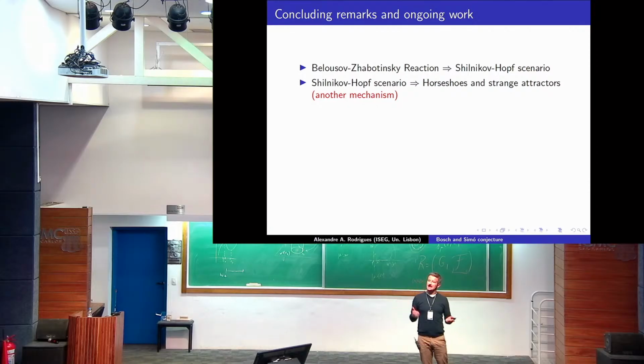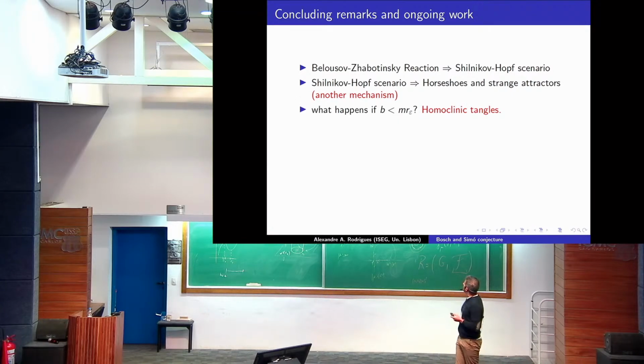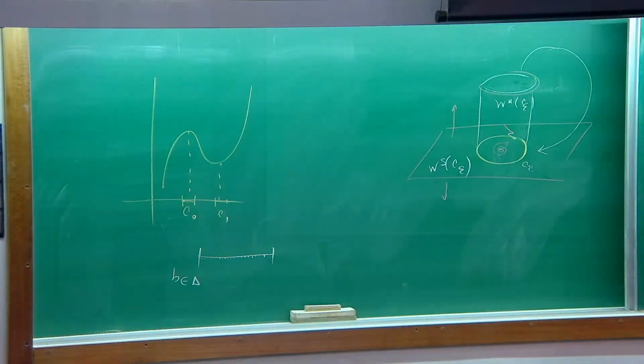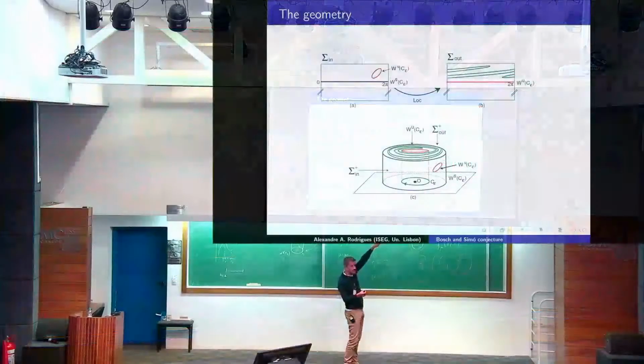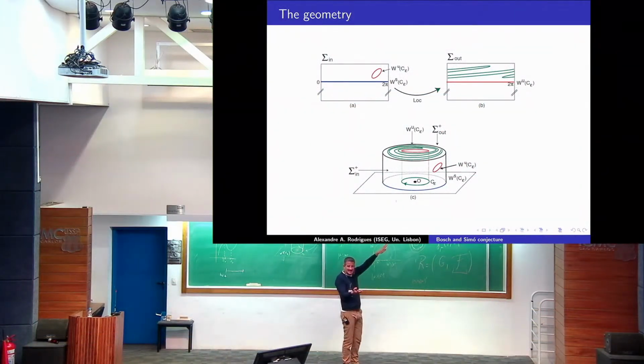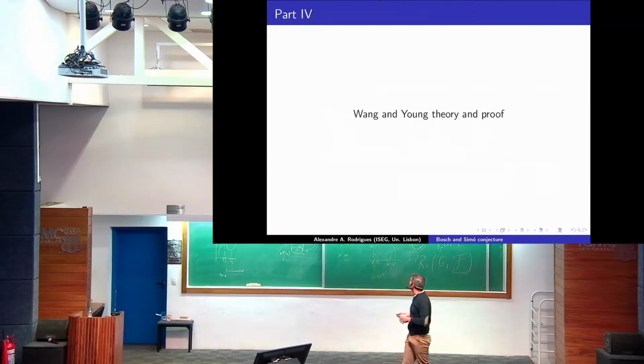So in some papers, if you have a Hopf-Shilnikov bifurcation, under some hypotheses, for sure, I have a strange attractor, a large strange attractor. Open problems. What is the open problem? What happens when this cylinder intersects here? Instead of having this picture, it's a circle that doesn't touch the stable manifold, and if the circle touches the stable manifold.